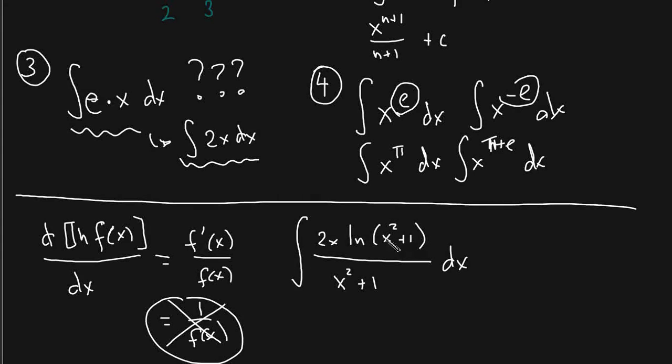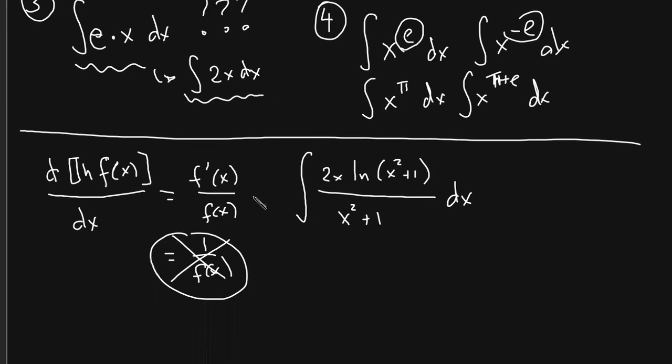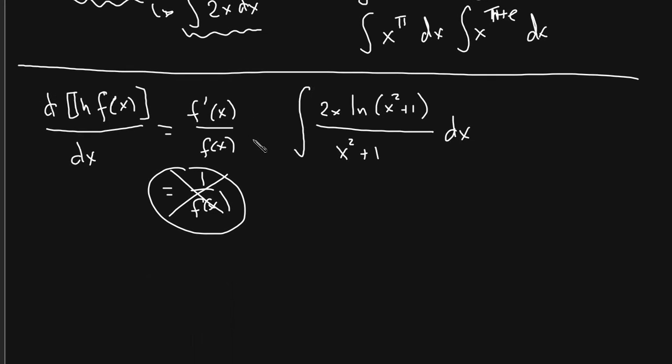Some of them will make a good u substitution, right? They'll try x squared plus 1 for u, and they'll be able to resolve this and show that it's ln of u over u. But then they have to make a second u substitution, and some students are not comfortable with that. So this is a good way to remind them that, hey, derivatives of natural logs involve derivatives of this form, f prime over f. All right, so there's your natural logs, right?